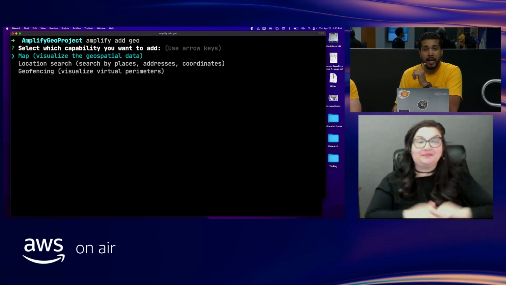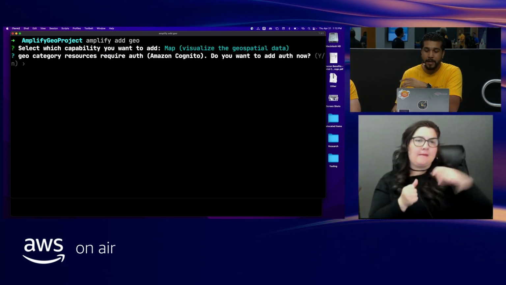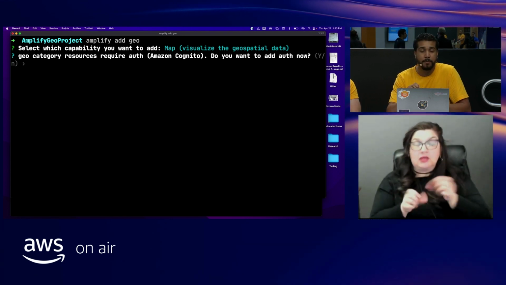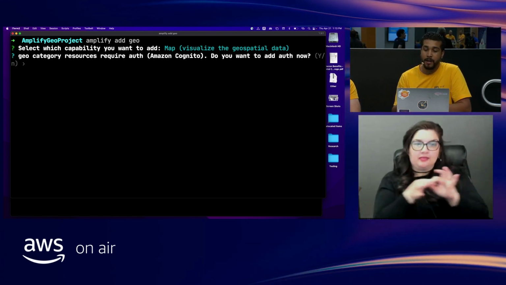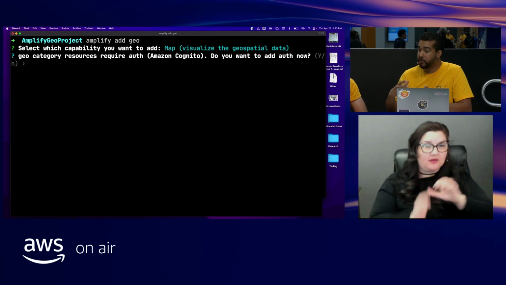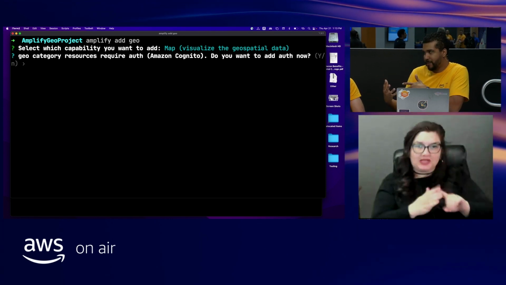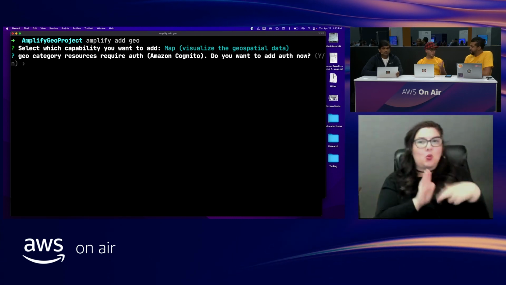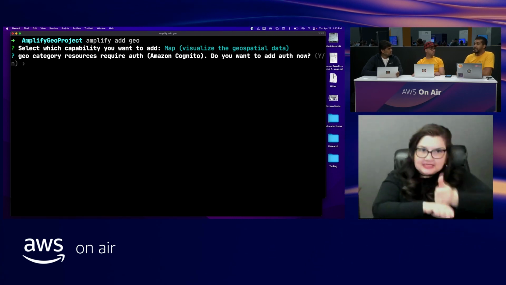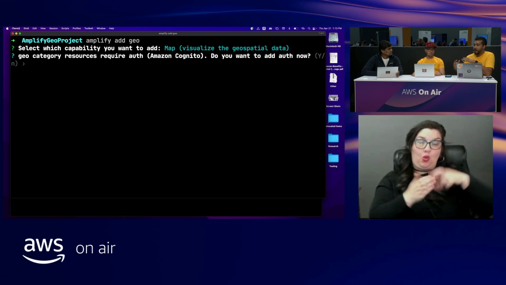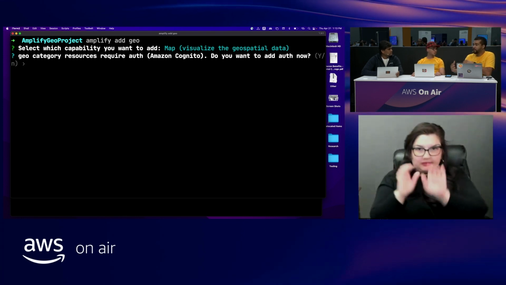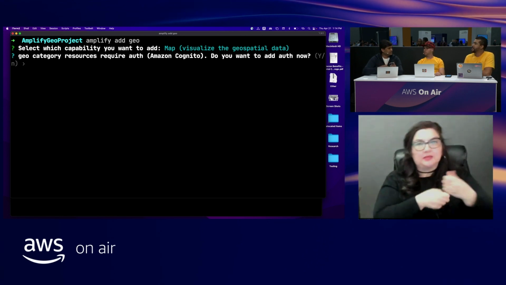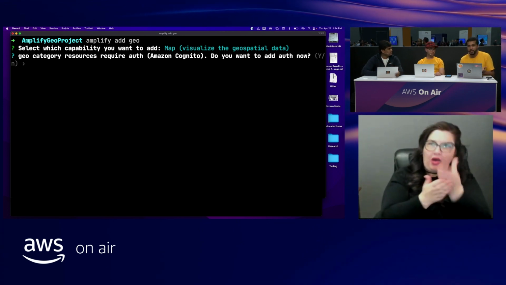But let's say we want to add a map to our app. We choose map. It's going to ask us a couple of questions. A lot of the different services with Amplify require that you do have Cognito also initialized for security purposes, right? Yeah, it's a lot of role-based things. The setup adds a role, right? Exactly, yeah. So what it'll do is it'll actually go in, configure things so that you have a specific role that work with these specific resources that are being generated. It'll take care of the authentication stuff under the hood. Yeah. Exactly.